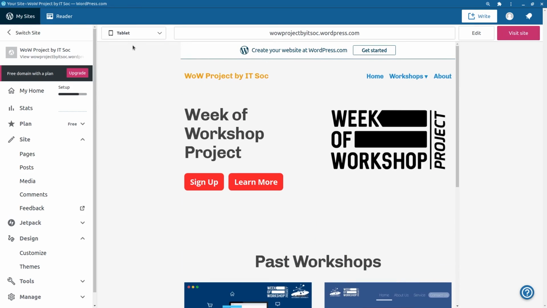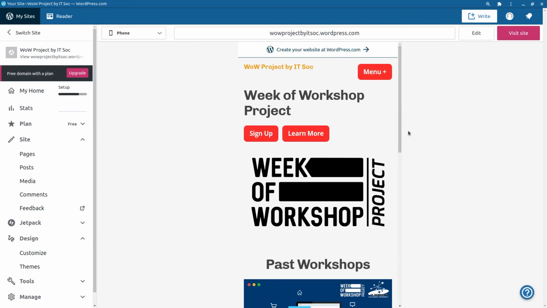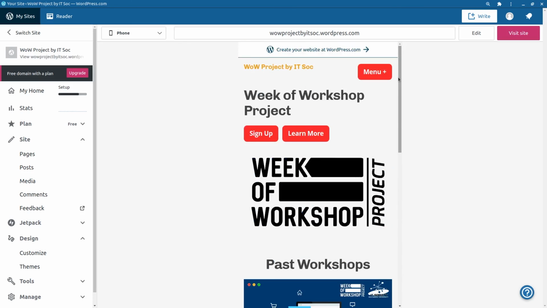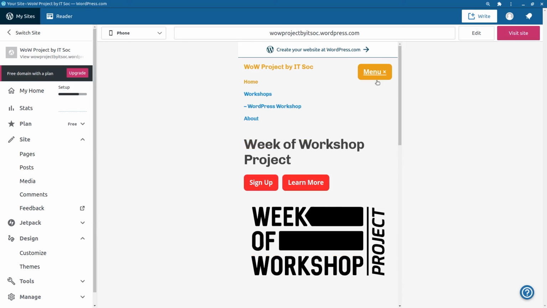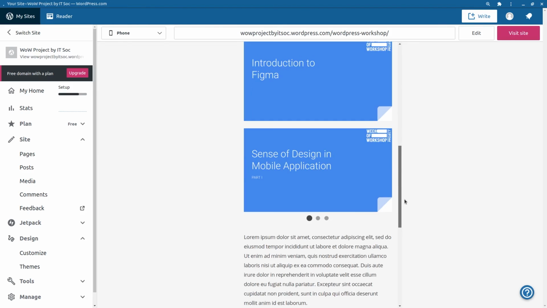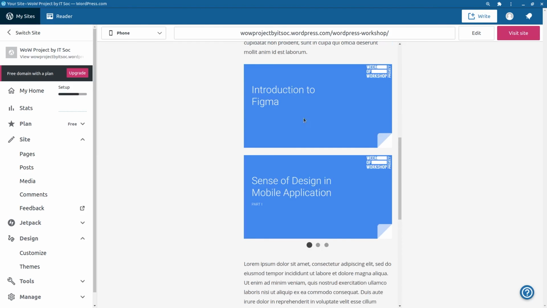Now that we have done this website, now let's look at the other views. Right, so now you can see that in the tablet view there's not much difference except that the margin that we have at the sides is now gone. And then let's look at the phone. Right, so this is much more different. So you can say this is quite a responsive website. WordPress websites are quite responsive, but there are some plugins also that you can use to make it more responsive.